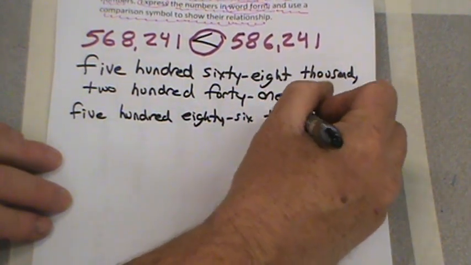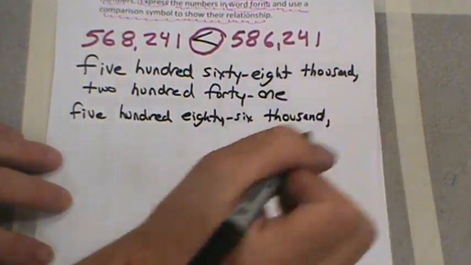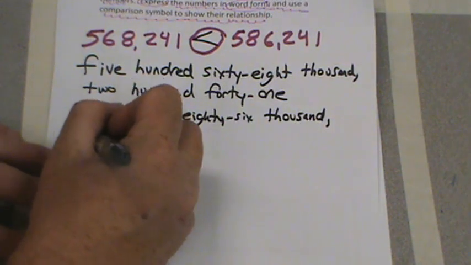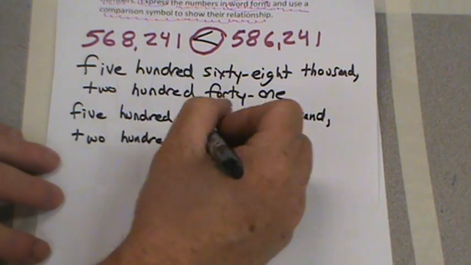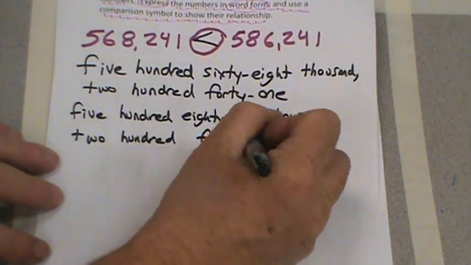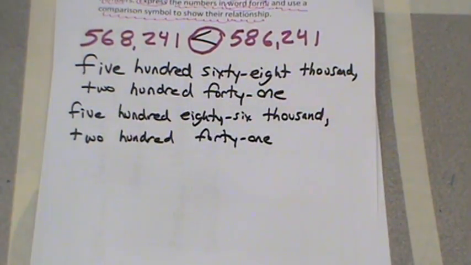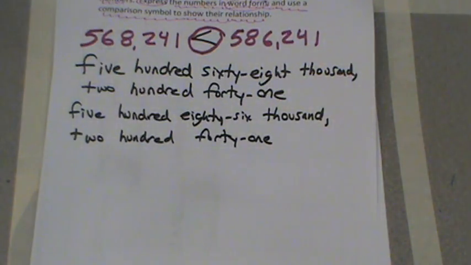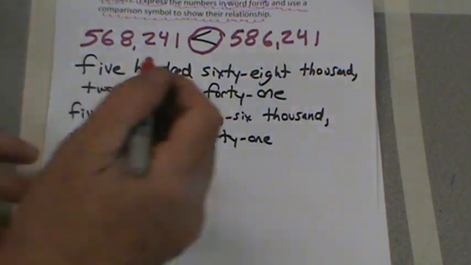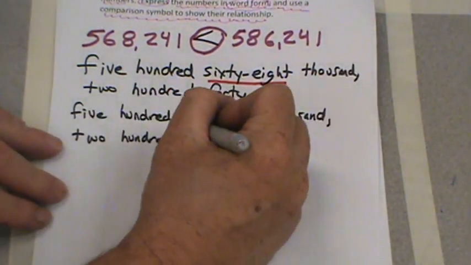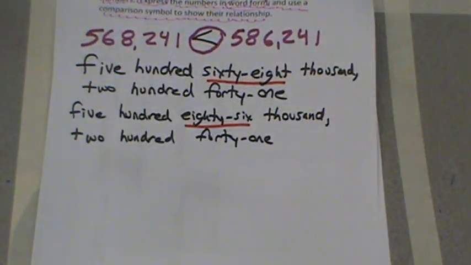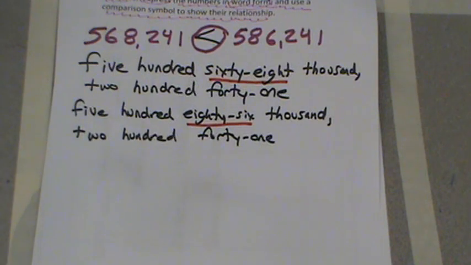586,000, comma, 241. And we could see right here the key is the difference. I have 568,000, but here I have 586,000. So that's showing that 586,241 is greater than